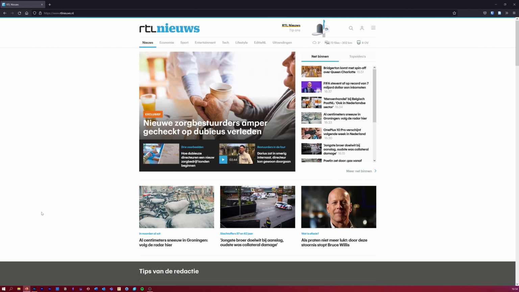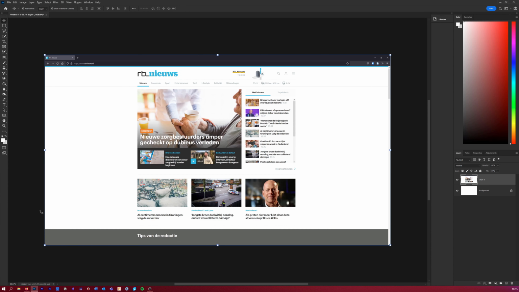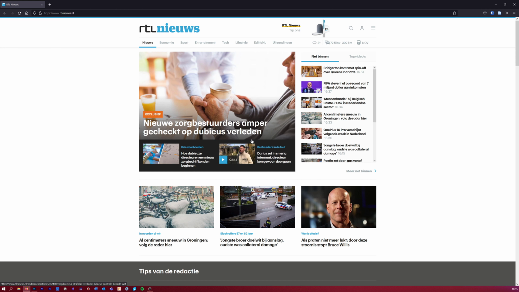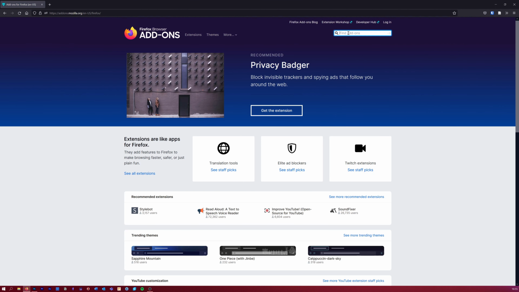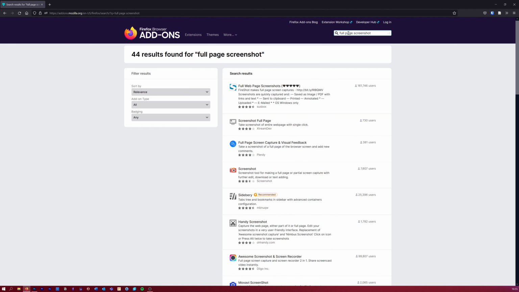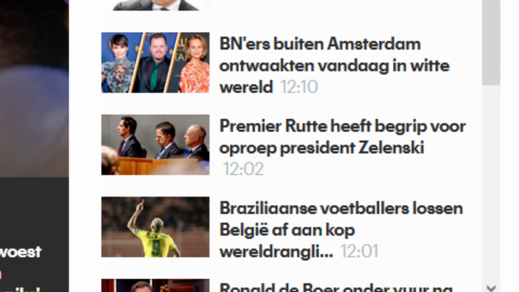For a static screen capture, which you can use to display websites for example, there are 4 ways. The first is to just use the print screen key on your keyboard and save it using Paint or Photoshop. The second is to use the snipping tool and save it from there. The third option is using an add-on for your browser to take full screen screenshots. Google is your friend here as every browser has a plethora of add-ons which do that job. The only issue with these add-ons is that they often produce a low resolution screenshot.